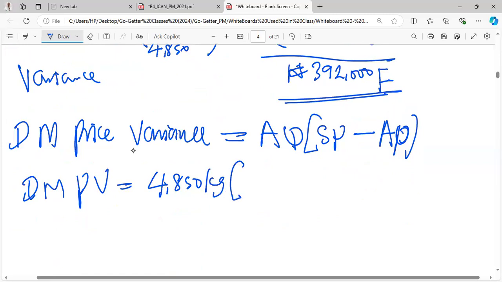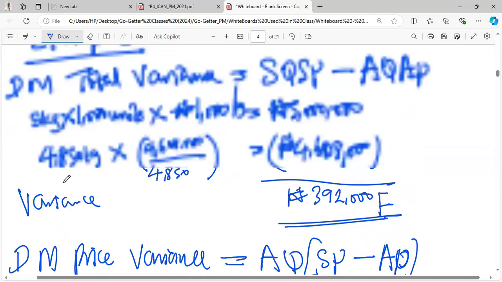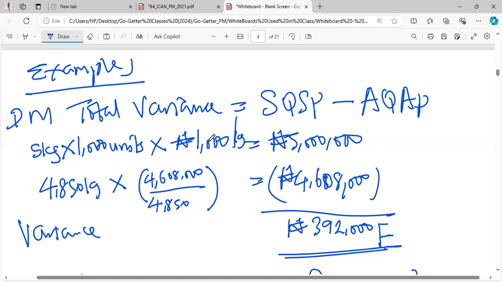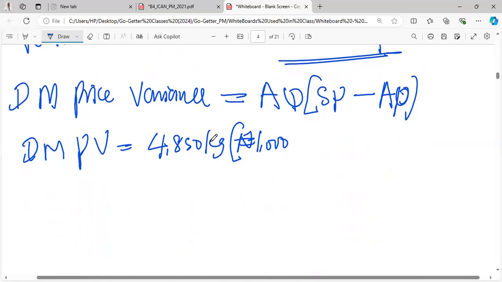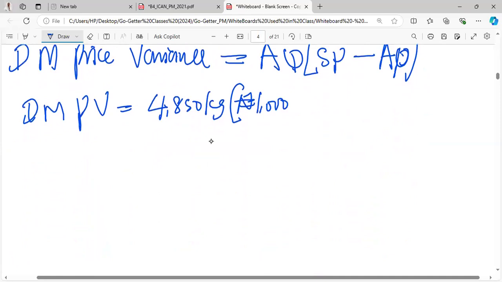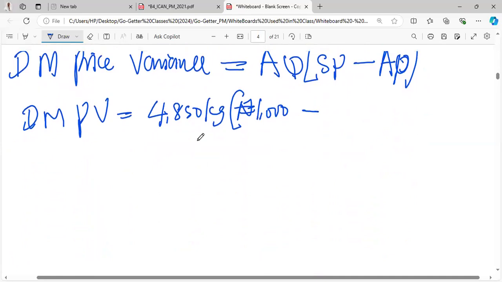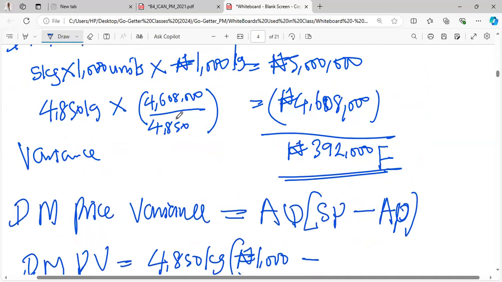What is the standard price for it? The standard price, we said it was 1,000 naira per kg. That is what we established here. Now, what is the actual price? The actual price, we said the other time, it was this divided by that. So it's going to be